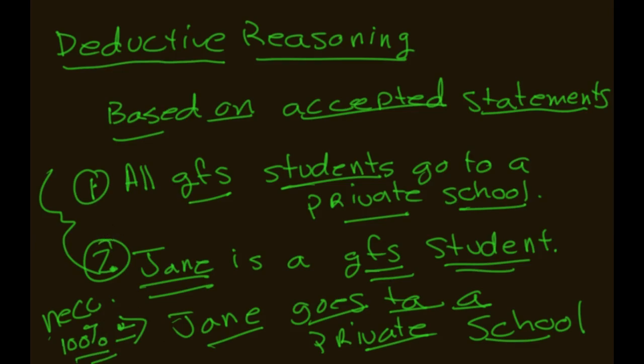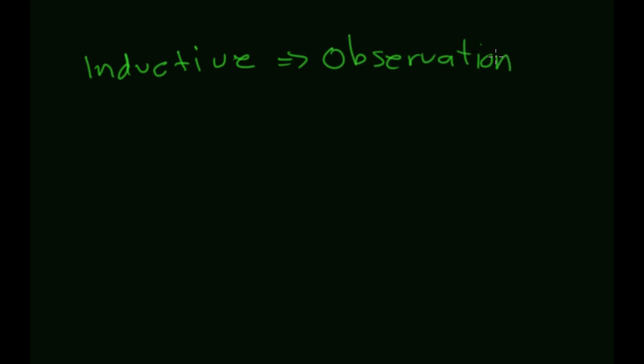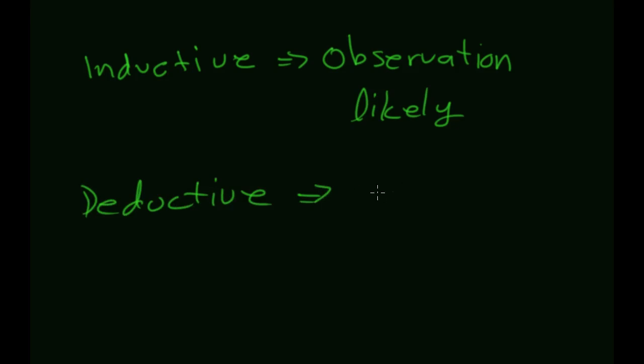a high probability. Okay, so a quick review. Inductive reasoning is based on observations and is likely but not certain. Deductive reasoning is based on accepted statements